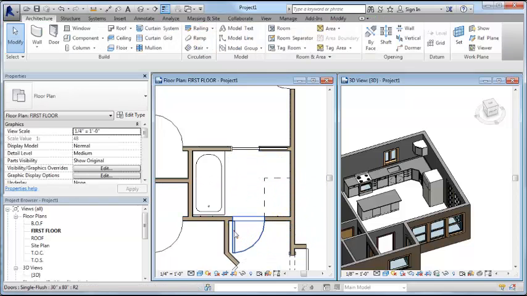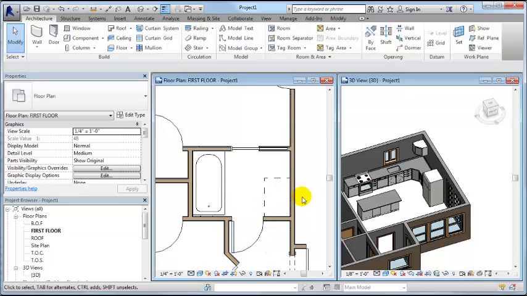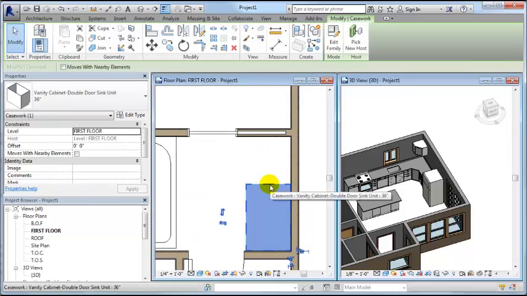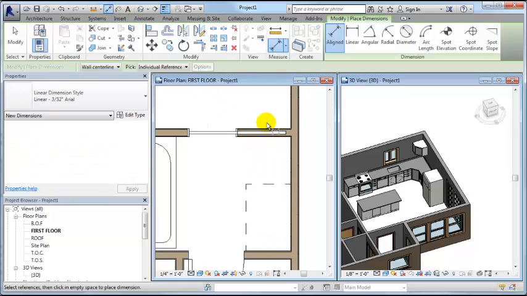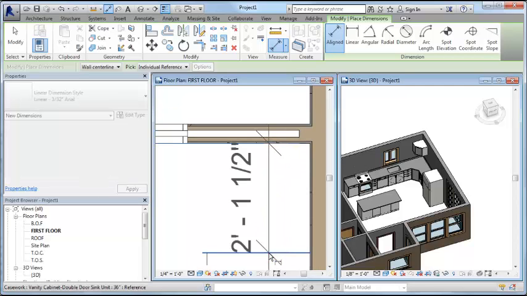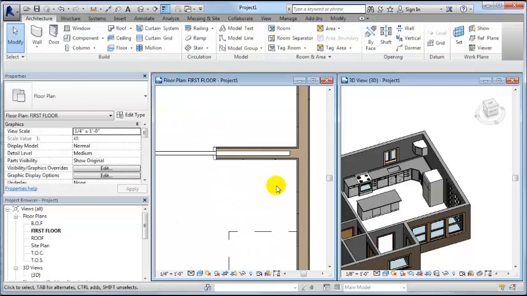It does. Let's see if we can nudge that door over just a little bit so we can allow room for trim. And let's check to see if this ends up giving us the 30 inches that we need minimum for clearance. So I want to go from the gypsum wallboard this time. So I'm going to hit the tab key, see how that allows me to highlight the gypsum wallboard, and then the edge of the vanity, and I can see I do not have enough room there,